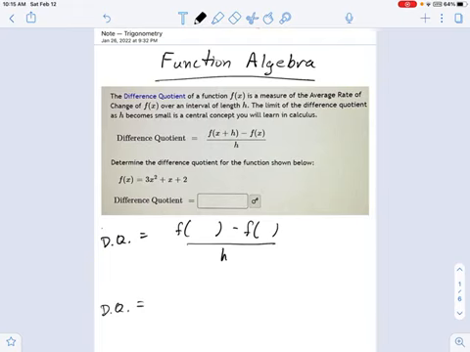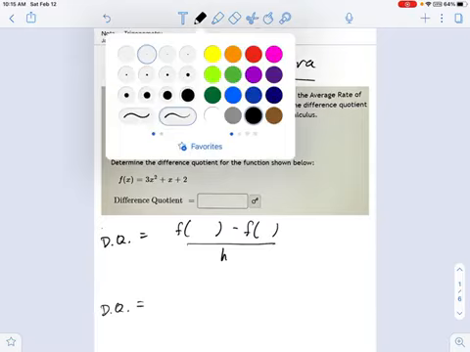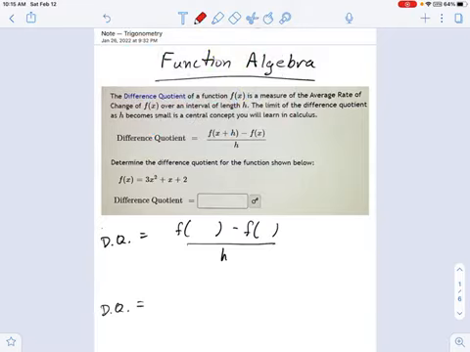Right now, we're just going to calculate the difference quotient for some value h. H is the separation between 2 points, or the interval of length h. Okay, so we're going to calculate average rate of change over some interval h. And what we're going to do is a little bit of function algebra. Right here, we have to substitute in this idea of x plus h into a function, and then subtract f of x. So let's go through that and see what it turns into for this equation, which is 3x squared